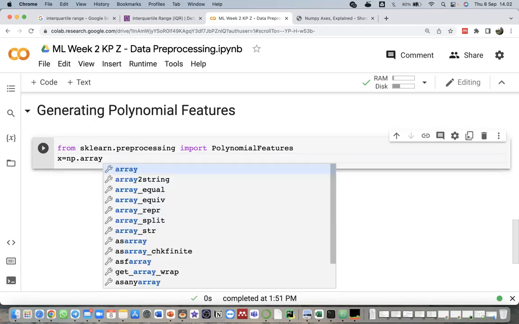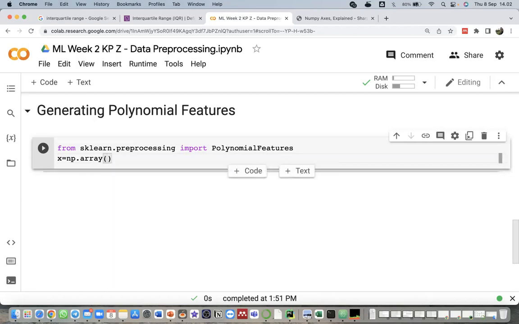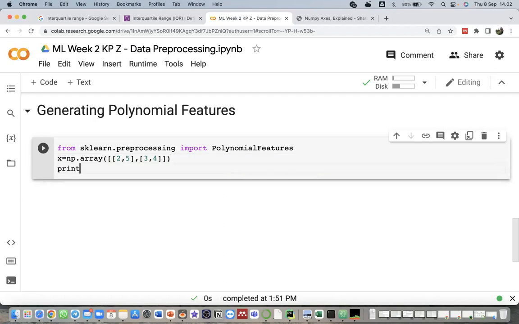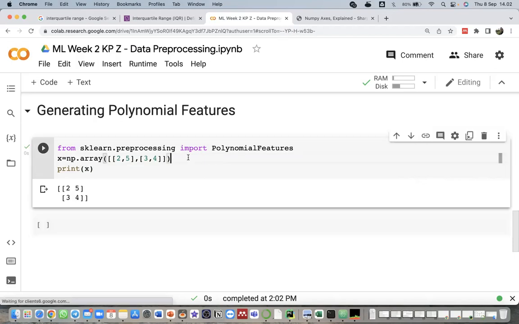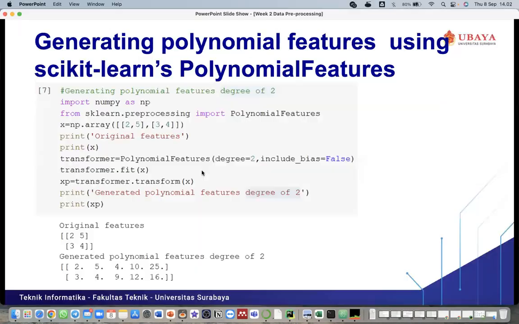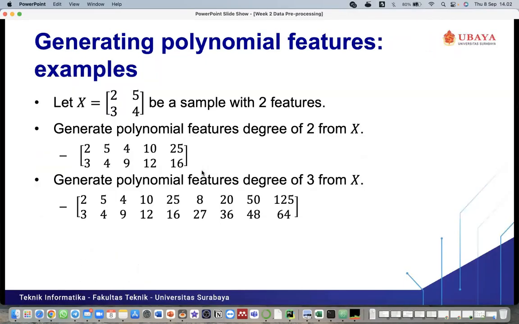So we create a 2 by 2 numpy array, similar to the matrix from our previous slide. The first row is 2 and 5, and the second row is 3 and 4. Let me print the x values first. This one is the original features: 2, 5, 3, 4. It's similar to our example in the slide.